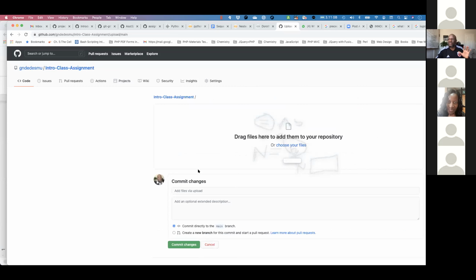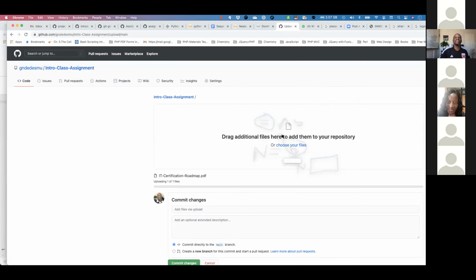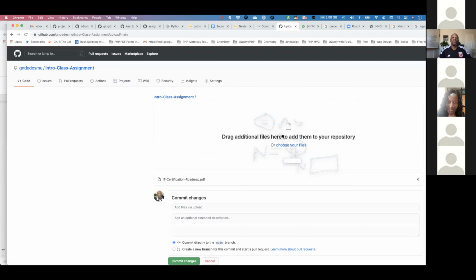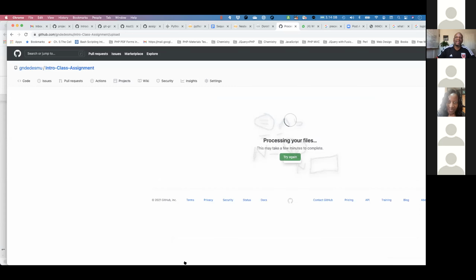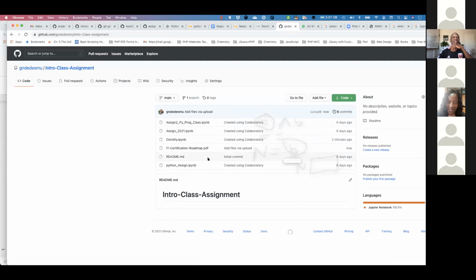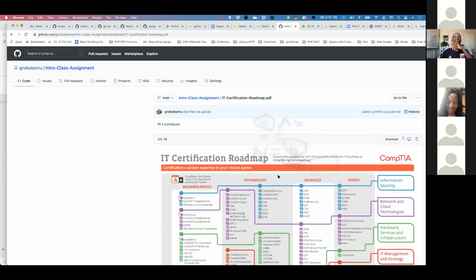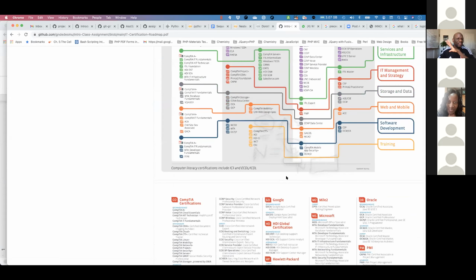Now here you can drag almost anything in there. Let's say I want to drag this one here. I can just drag and drop it, and then you come to commit changes. Always make sure, don't get excited and walk away. It's not yet saved. You have to click that, and then whatever I just uploaded is going to be in here. So commit is just like you're saving. Yes, you gotta save it.